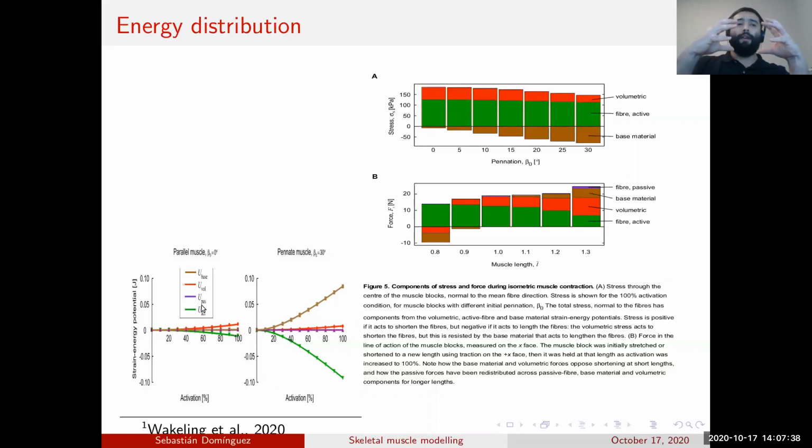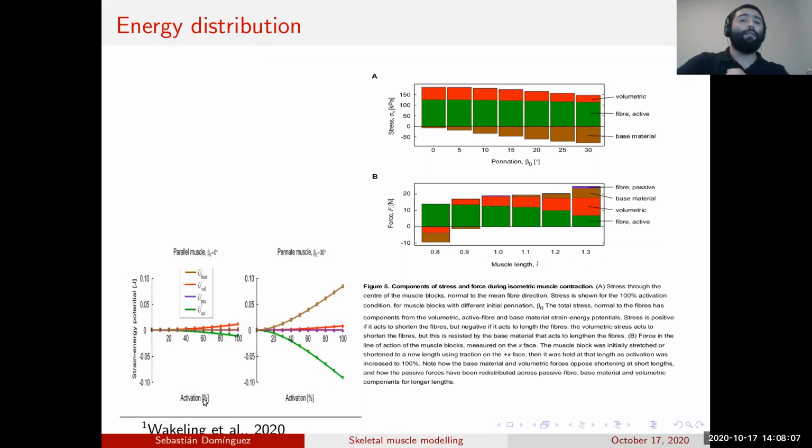So what we are doing in these two figures is to simply take this block, and in the first example here, beta equals 0. We assume that all the fibers are running from -x to +x, all of them in parallel. In this one, the only thing that changes is the orientation. So now the 30 degrees means that you have a 30-degree angle with respect to the x-axis, all right? And then we did exactly the same test.